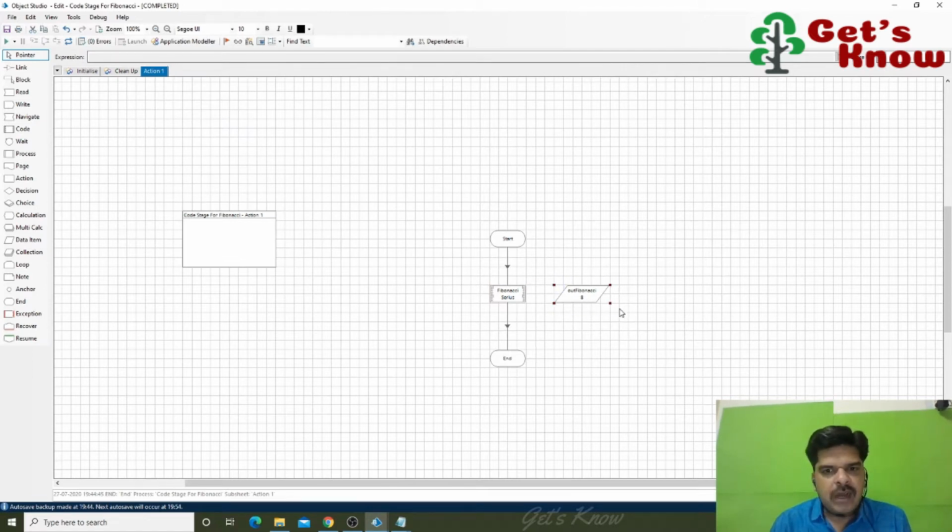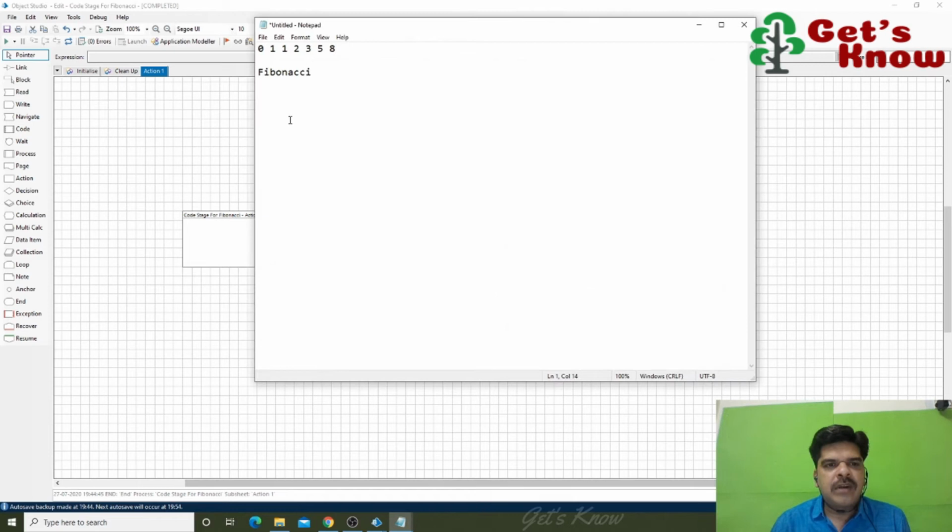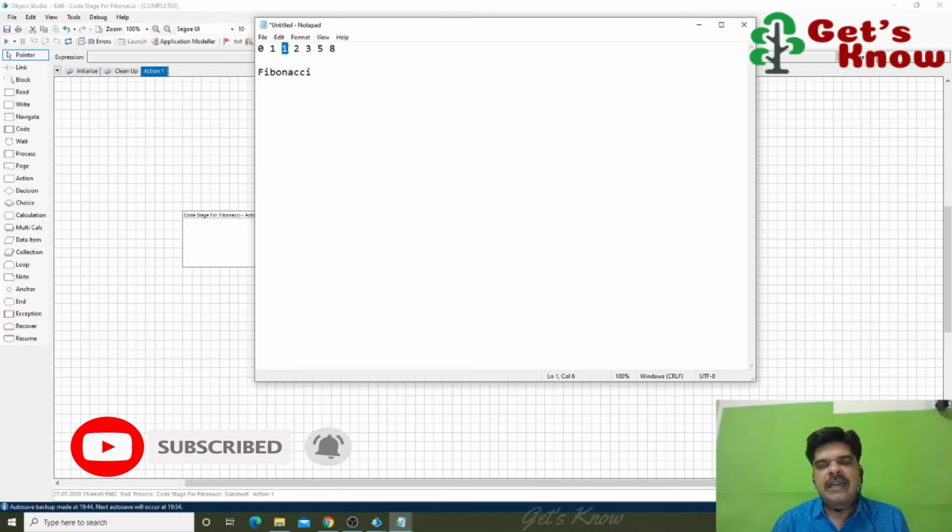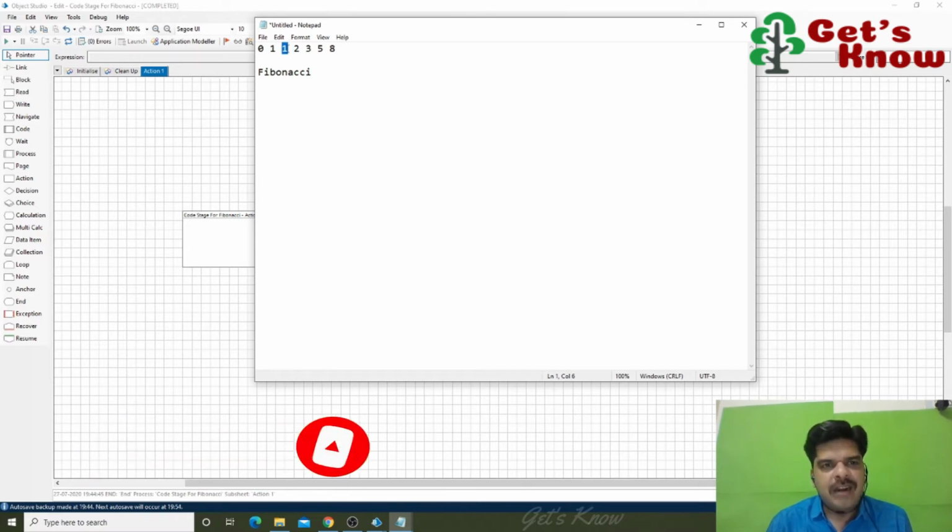Here, we have already discussed how the logic is defined. Actually it is implemented like this. It will start from 0 and then use 1 as the second value. Using these two values, they will be added. So this is the result, and this result will be added with the next value. So the logic is defined internally like this, right?